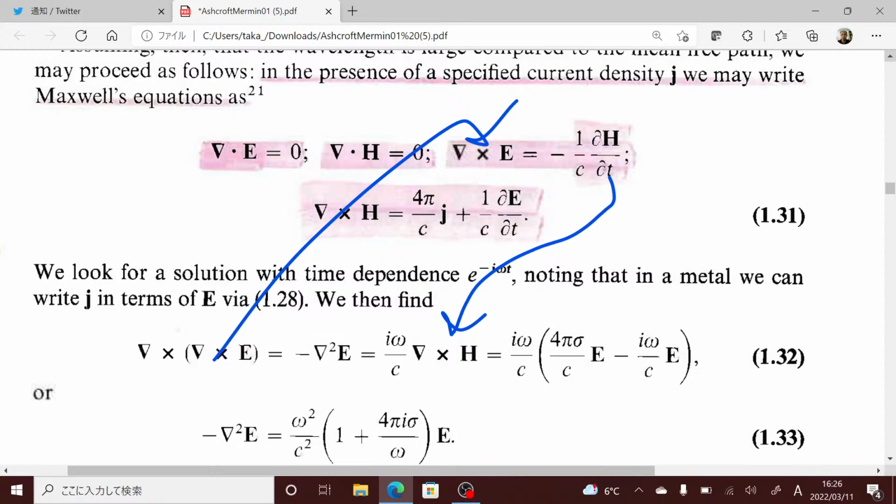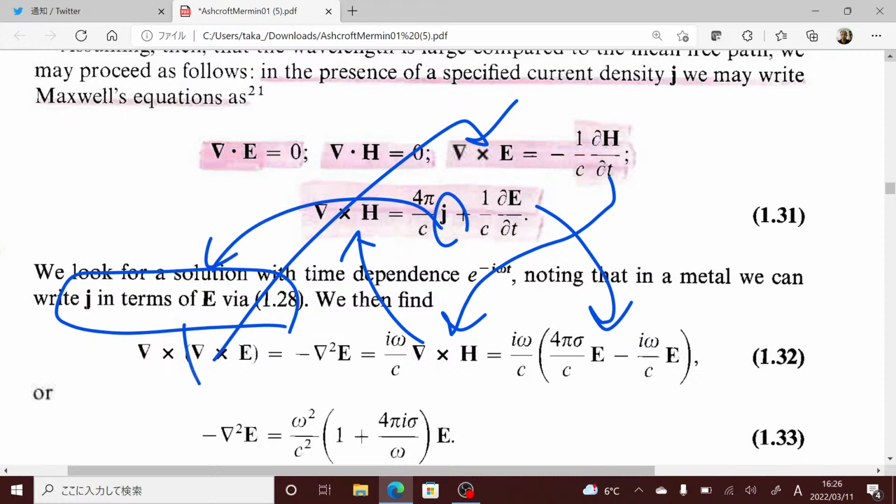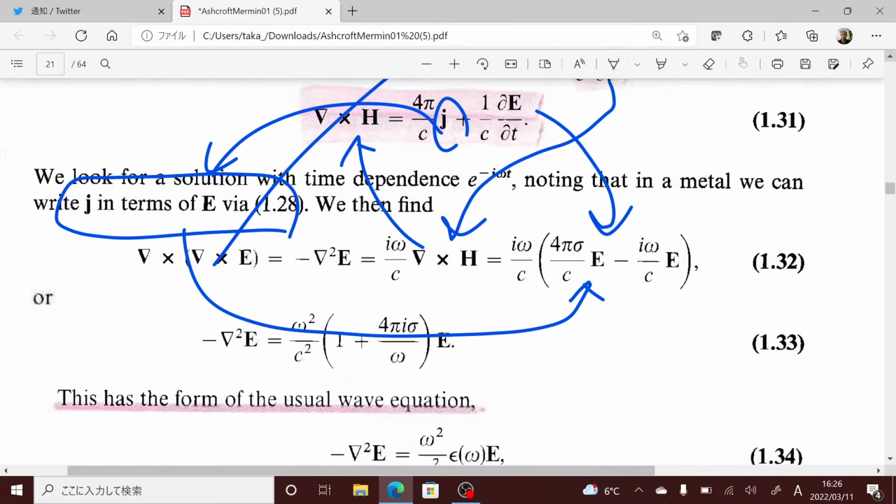Then this goes to this, and this goes to this. Where j and E are related, this j goes to here. Yeah. Or if we summarize this one,